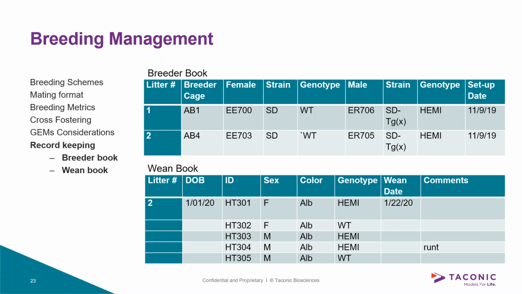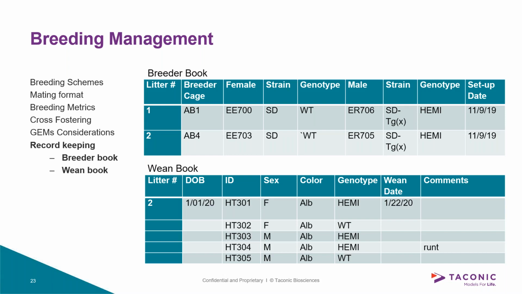So the breeder book would keep track of all of the litters that you have, and there you would list what breeder cage they came from, the strain and the genotype of your female and male, and then when you set them up. And then your cage card would have information as well that you would document. Maybe you're tracking who looked pregnant right on the cage, so you could see that quickly. And then in your wean book, the litter number